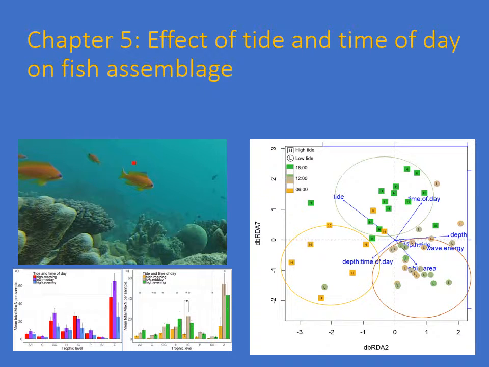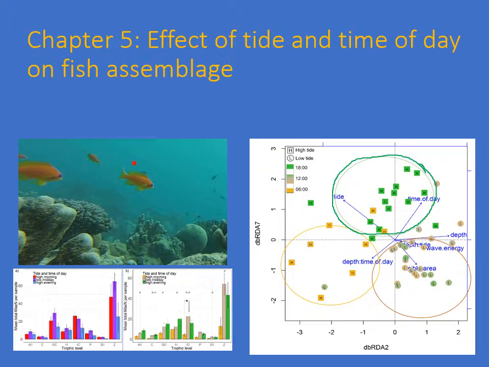In the fifth chapter, we looked at the effect of tide and time of day on the fish assemblage. And we sampled the fish assemblage in the early morning, high tide, midday, low tide, and again at the evening, high tide, over the course of a spring tide. And we repeated this a number of times. From that data, it was shown that fish assemblages that were sampled during the high tide in the early mornings and